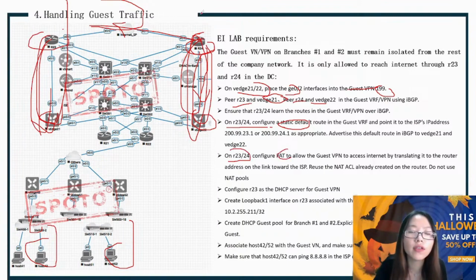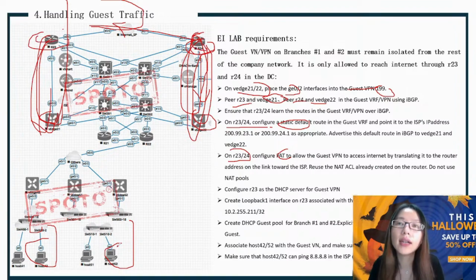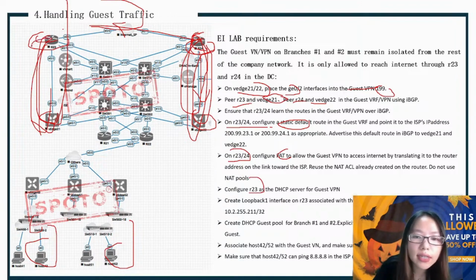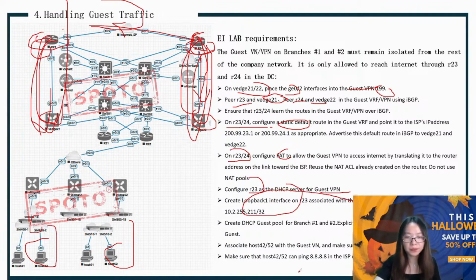Okay, we need to configure the PAT on these two routes, so our host can access the internet. Okay, so configure the router 23. This 23 is the DHCP server for the DHCP VPN. Okay, so these are about our DHCP configuration. Okay, so you can know SDN is not very difficult. You just need to configure it according to our